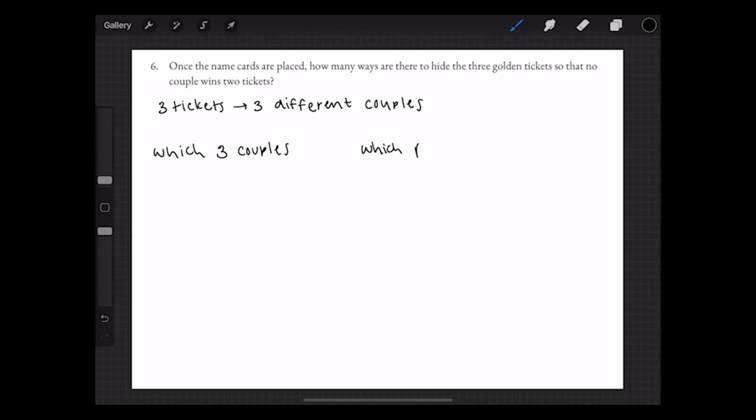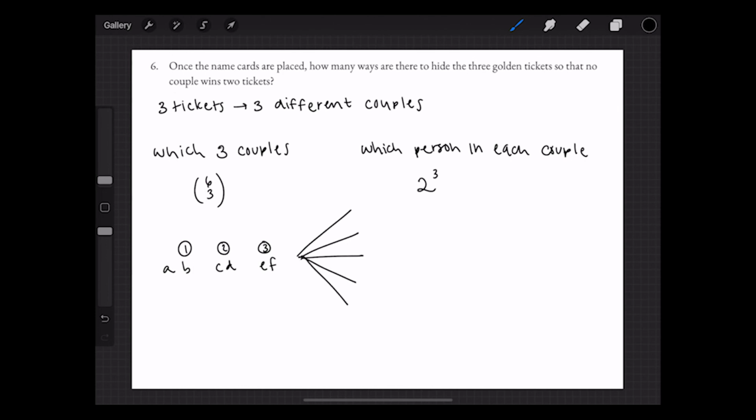To count the number of ways that we could choose 3 different couples is just 6 choose 3, because order doesn't matter, and all of the couples have to be different. Now for each couple, we have 2 choices for which person actually got the ticket, which gives us 2 raised to the 3rd power because we're dealing with 3 couples. Let's say that these are the 3 couples that were chosen, and this is just 1 out of 6 choose 3 options. Couple 1 is made up of A and B, couple 2 is made up of people C and D, etc. So for this specific group of 3 couples, there are 2 to the 3rd or 8 different ways